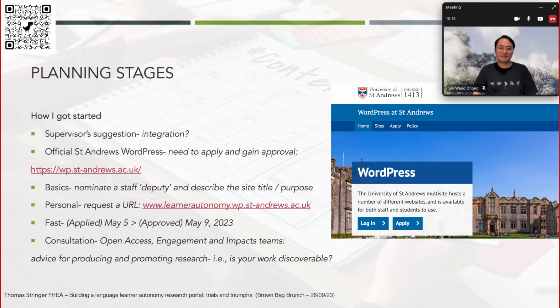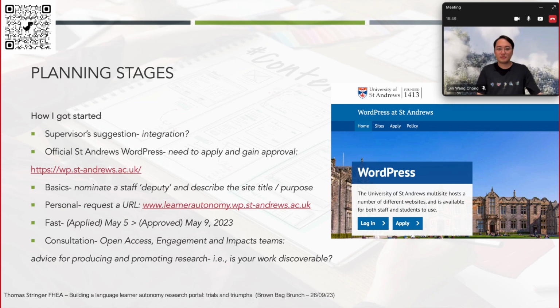Okay, so from there, how I actually got more onto the path that I'm on now was a suggestion from my supervisor. I was telling him, Owen, about what I had done, attending these various workshops, and he started playing around with the idea of integrating it in some way into my portfolio eventually with me. So it wasn't where I was initially with it, but that was what got the ball rolling.